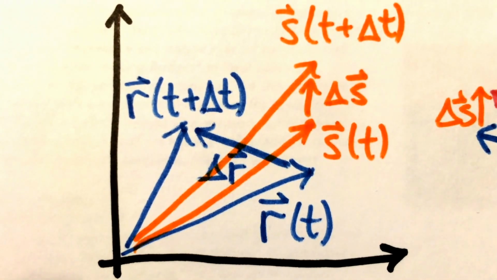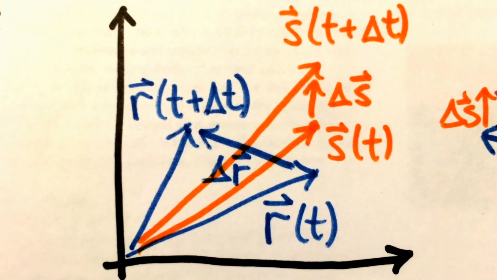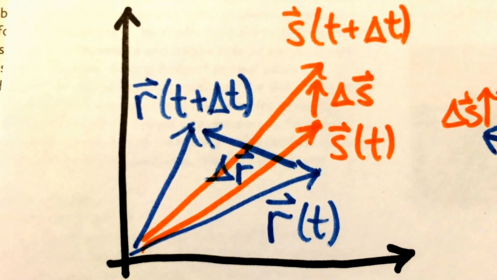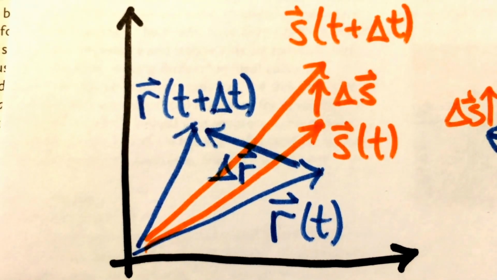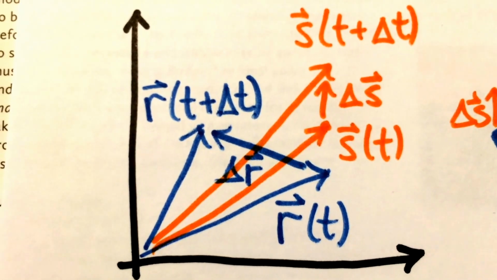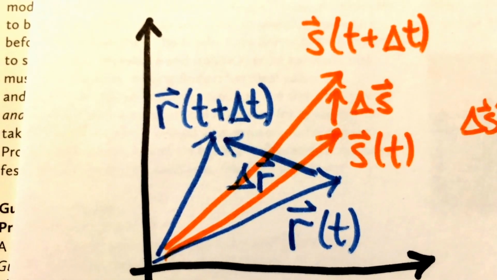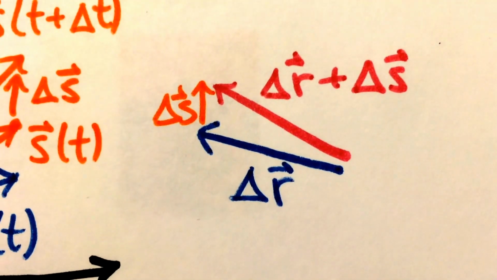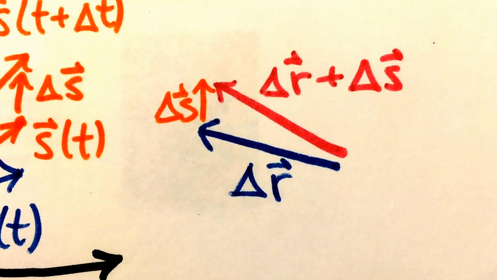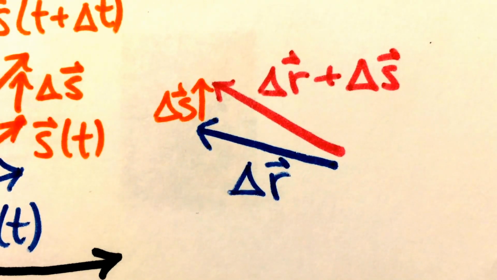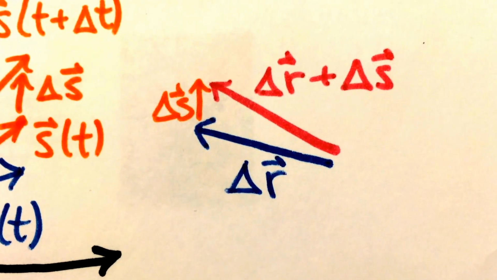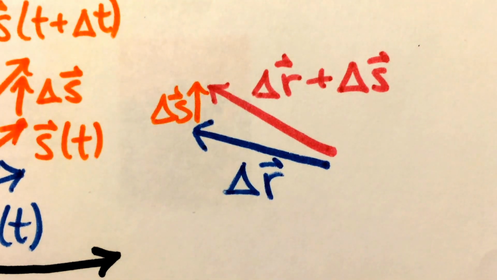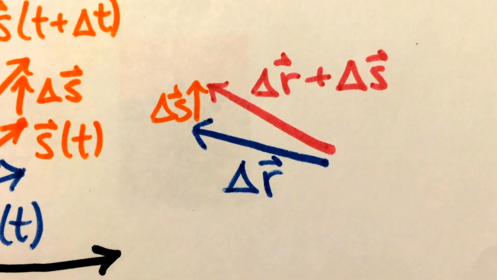Again, you can think about that graphically with this illustration. So here I've got the vector r of t and the vector r of t plus delta t, and I'm showing the same thing for the vector s. I've got the two displacement vectors, delta r vector, delta s vector. I can add those two displacement vectors up, so I get delta r vector plus delta s vector. That gives me that pink vector. And then when I want to take that time derivative, I'm just going to divide that summed displacement vector by delta t and take the limit as delta t goes to 0.